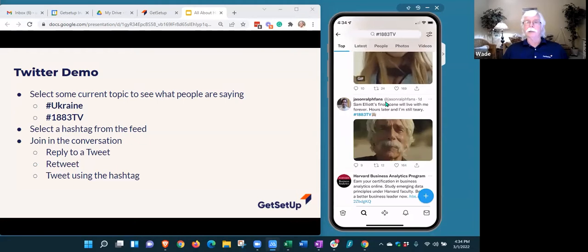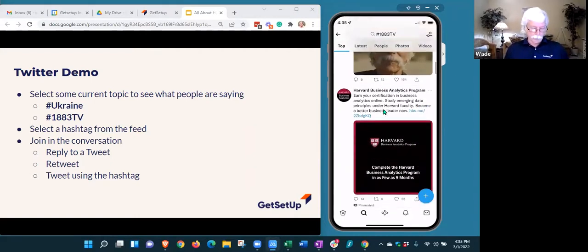But again, I'm more apt, probably a lot of people are more apt to jump in on this and actually make a comment or just do their own post, since it's not quite as intimidating as commenting on world events, where people maybe feel like they're not really qualified to talk about the war in Ukraine, but they can talk about 1883. So that's another use of hashtags, because anybody from very famous people to your neighbor next door might be commenting about it.